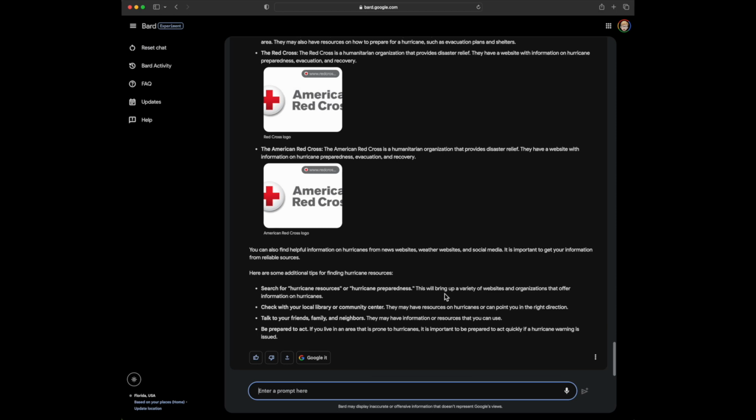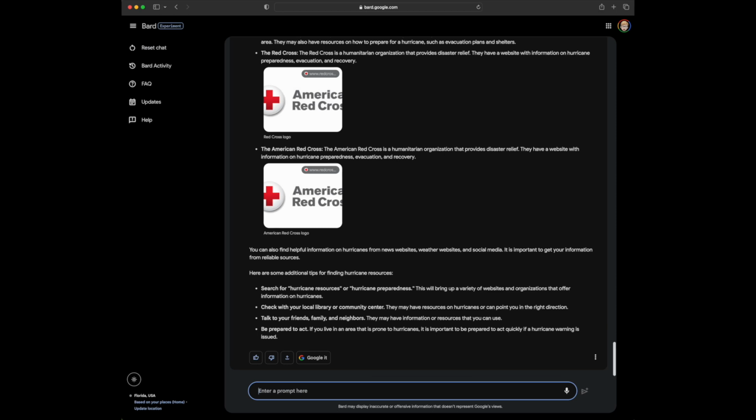Check with your local library or community center. They may have resources on hurricanes or can point you in the right direction. Talk to your friends, families, and neighbors. They may have information or resources that you can use, and be prepared to act. If you live in an area that is prone to hurricanes, it's important to prepare to act quickly if a hurricane